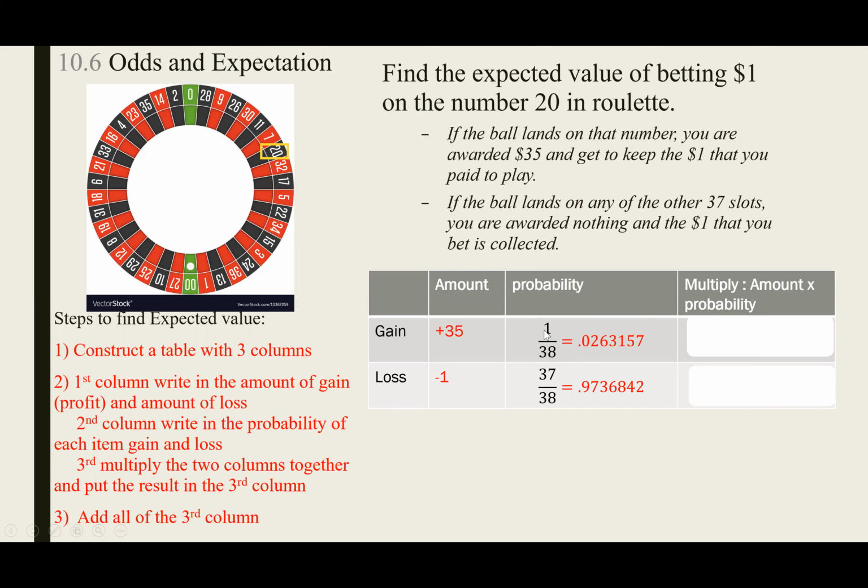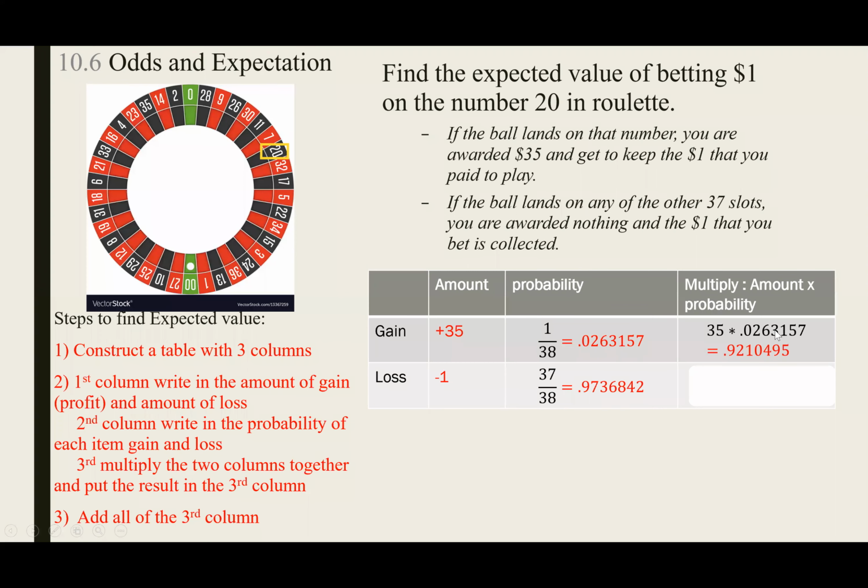So in terms of this thing here, 1 over 38 is the probability of you winning, because you have only one slot out of the total 38 slots. And the probability of you losing will be the 37 slots out of the 38 slots, right? And again, you just divide them to give you this number. And now what is the third column? The third column is all you do is you take the first column, the 35, multiply it by the second column, which is 35 multiplied by this item,